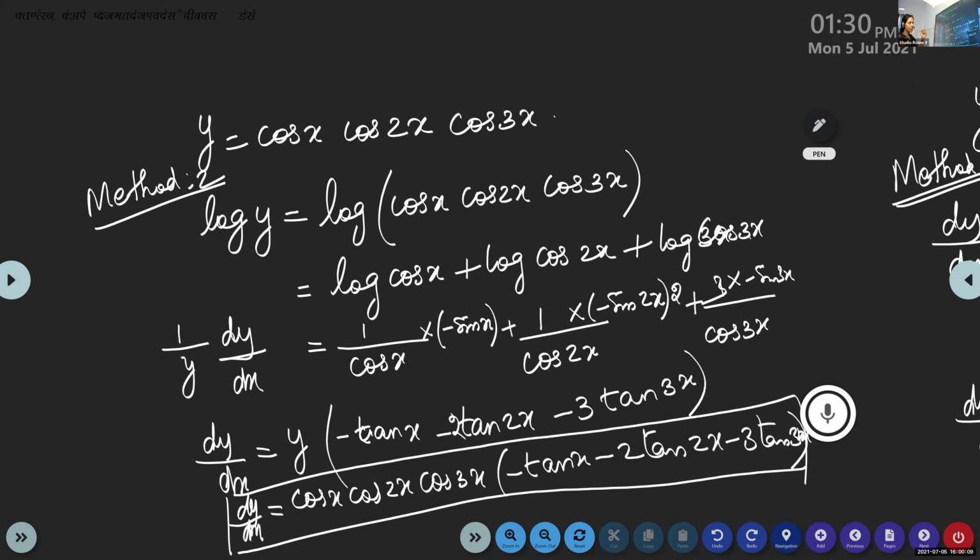If it is asked, the same function will be given. You may be asked to differentiate in two different ways. If the question is differentiate in two different ways, means we have to differentiate it one by logarithm, other one by using product rule. And both the answers should be same. There you should simplify and prove that this is the answer. Or in the other case, if you stop with this also, it is okay.